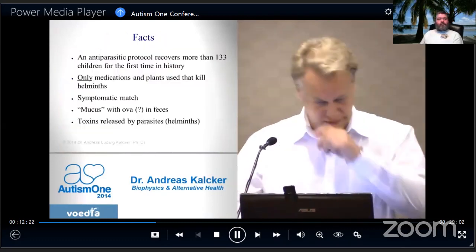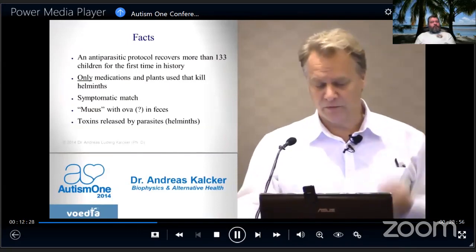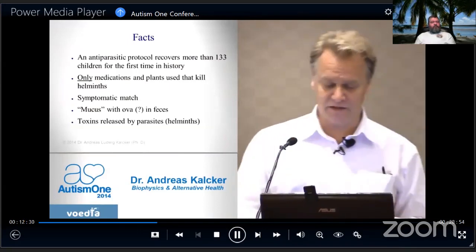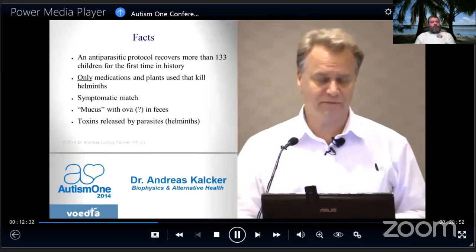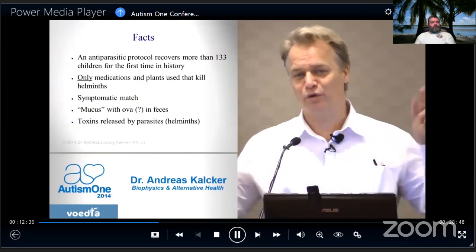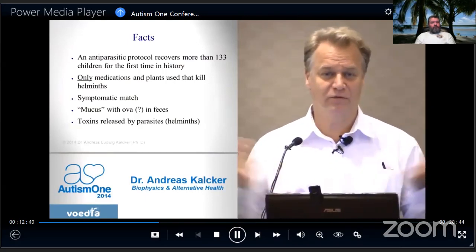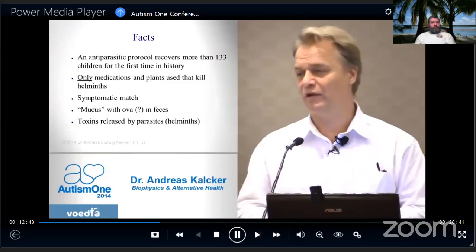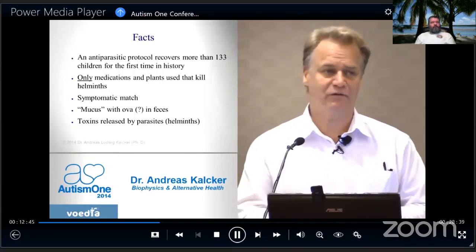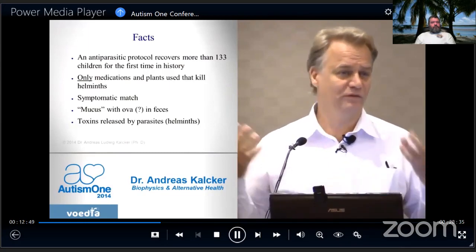Facts. The protocol has done 133 children, and we are only using medications that used to kill helminths. I'm not using antibiotics at all. So if the mucus were a bacterial issue, it would not die. No results. So it is directly related, to which point I'm not able to say here, because I need more